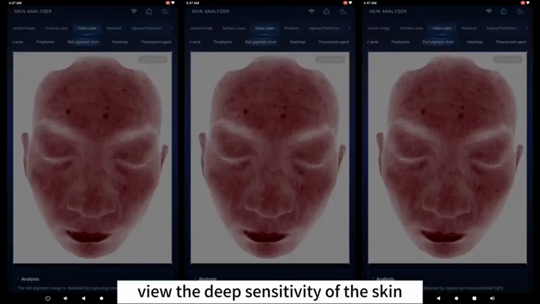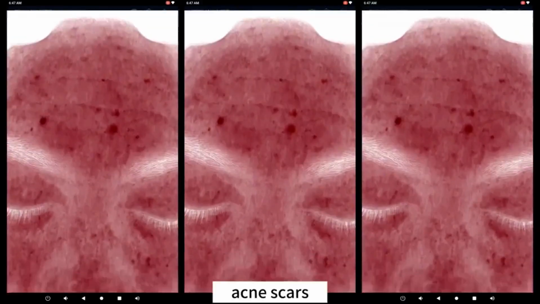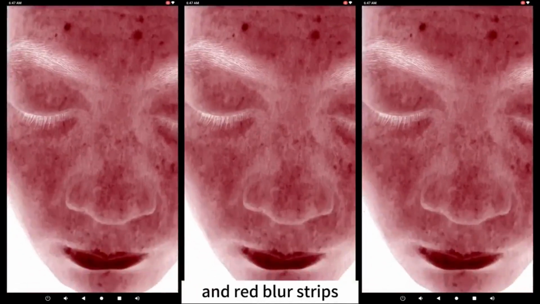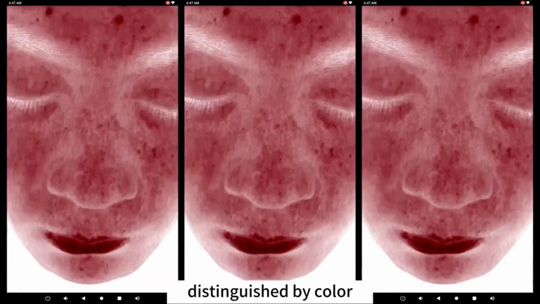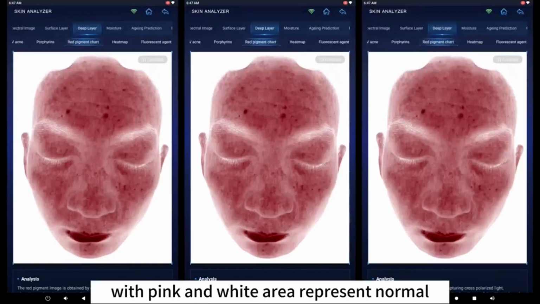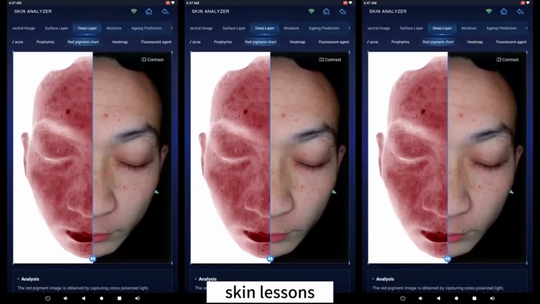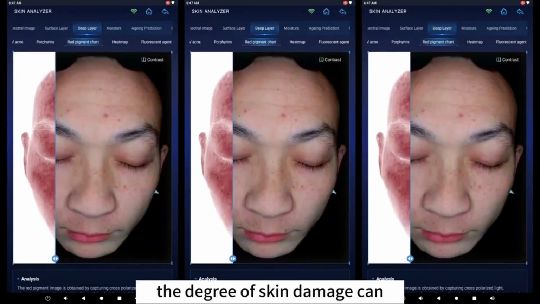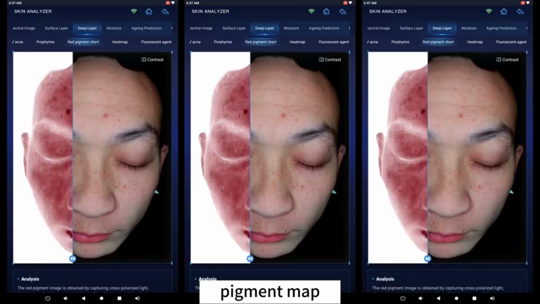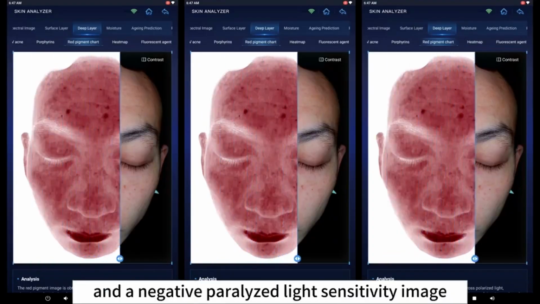Red pigment map: view the deep sensitivity of the skin, acne scars, skin lesions, and red blood streaks, distinguished by color, with pink and white areas representing normal. Deep red and dark red areas represent skin lesions. Comparison: the degree of skin damage can be compared by using a red pigment map and a negative polarized light